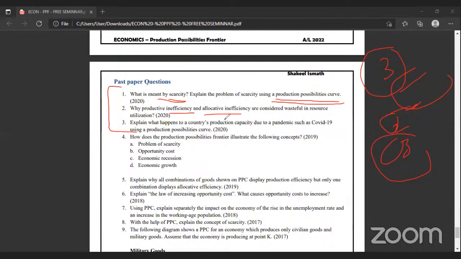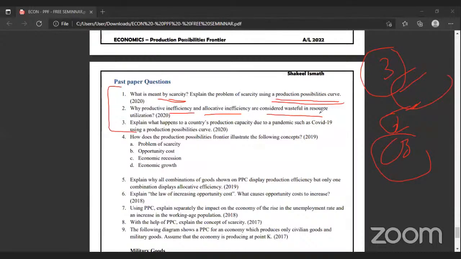Why are the firms focusing on division of labor? Why are the firms splitting the task into multiple different tasks? Because many advantages are generated. So to claim those advantages, to get the benefit of them, the companies are focusing on the division of labor. Now you are listing them out. So the connecting statement should be there. You have to give a connecting statement in between the question and your answer, then list out the answers. That's the way. Why are productive inefficiency and allocative inefficiency considered wasteful in resource utilization?